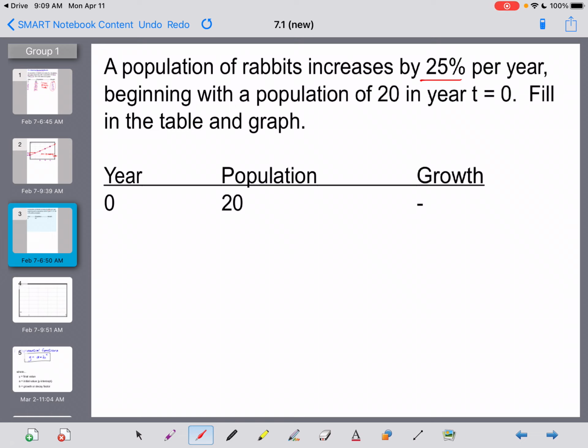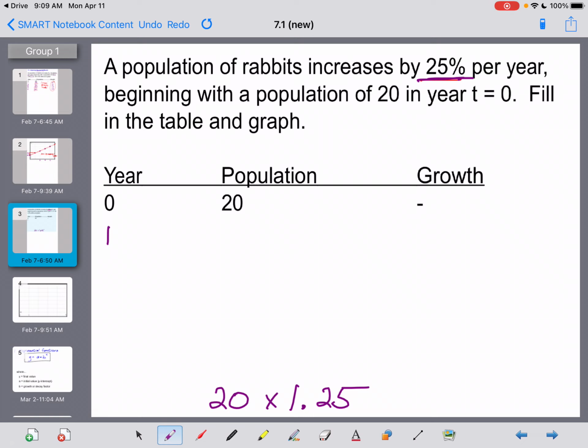So we're going to do kind of the same thing here. We're going to fill in this table, I think, up until about year 4. So if I go to year number 1, what I would do in my calculator, everybody, and I'd like you to do this with me as you're following along, is we're going to take our initial population, which is 20, and we're going to multiply that now by, if we're looking for a 25% growth, we're going to multiply that by